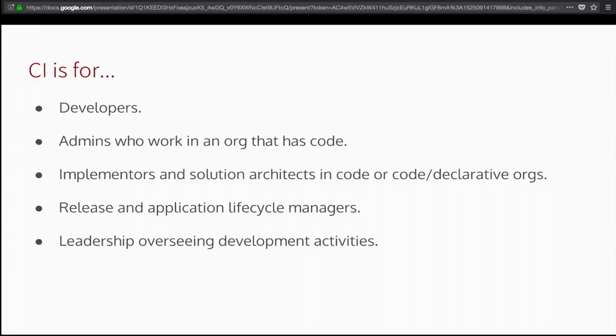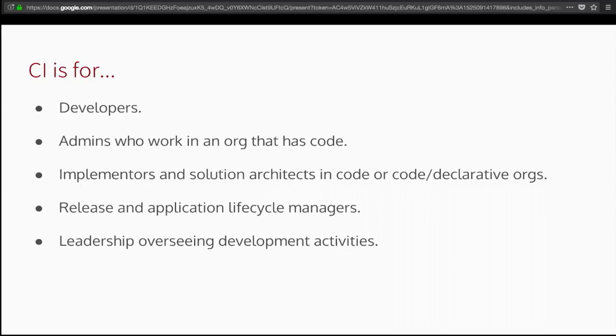If you're an administrator and you work in an organization alongside developers who are writing code and writing Apex unit tests, you also have value to gain from this because your work doesn't exist independent of developers' work and vice versa. Validation rules influence unit tests, for example. Process Builder and Flow and workflow rules can work alongside or can conflict with triggers that are written in Apex. So all these things are part of the org, and the continuous integration process, as the name implies, integration, has to do with the whole org, its internal consistency, and its behavior.